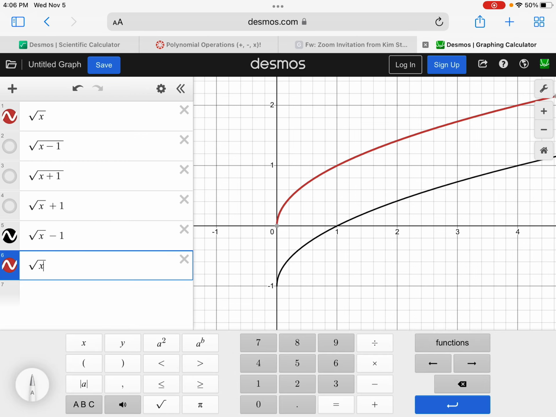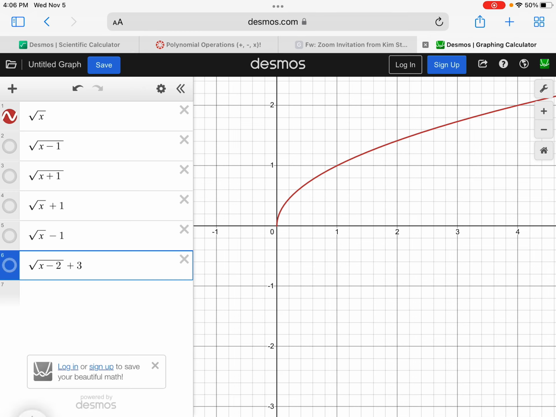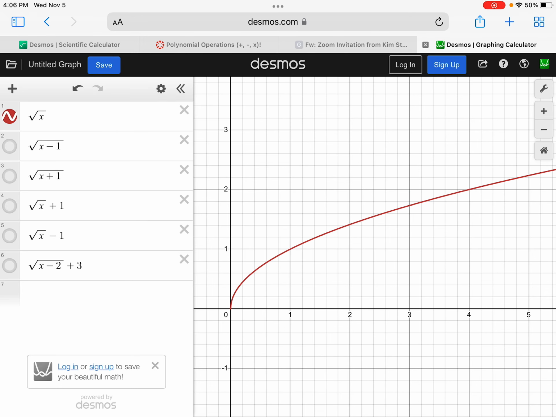Okay, now we can combine these together into something like this. The square root of x minus 2 plus 3. I'm going to hide this for a second, and we're going to predict where the vertex is going to be. Okay, so the red one's our original graph. What that minus 2 under the square root does is it moves it to the right by 2. That plus 3 is going to move it up 3. So hopefully you can guess where the new vertex is going to be. We're going to tap on this, and